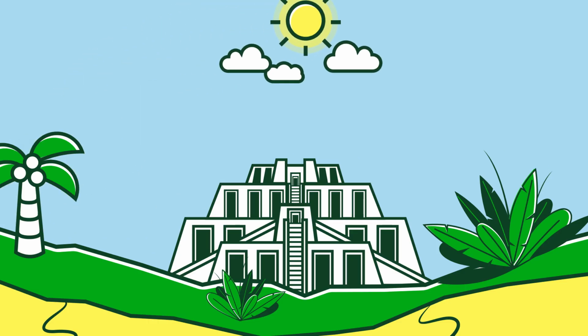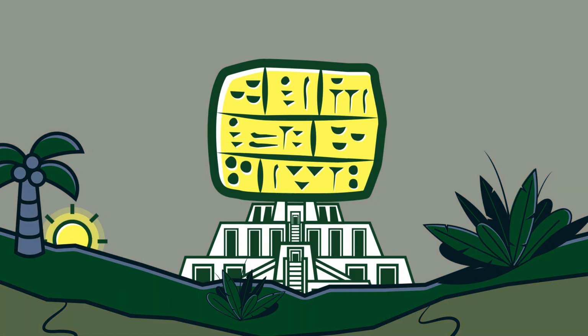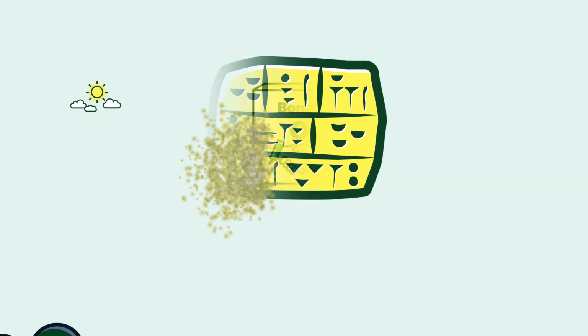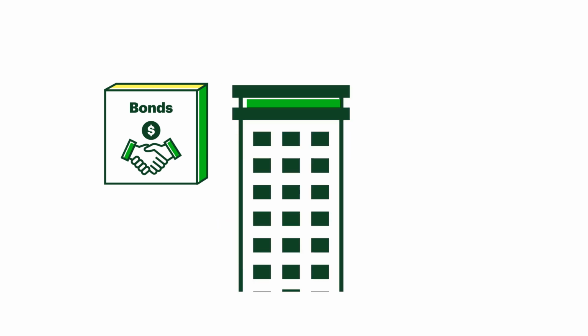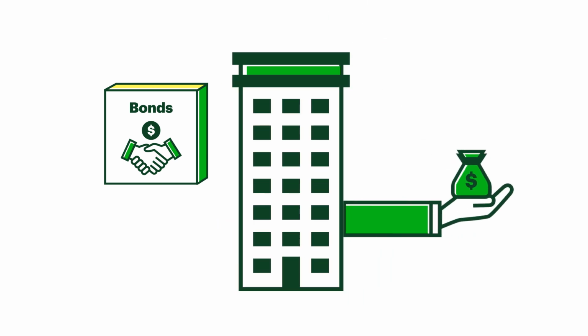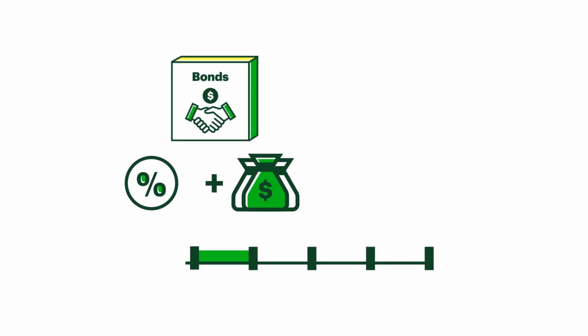Bonds have been around for thousands of years. Though they looked a little different in 2400 BC, they have a similar function in the investment world today. Think of bonds as a type of loan. You loan money to a company in debt by buying bonds from them. In exchange, the company pays you regular interest payments, plus the original amount, called the principal, by a set deadline